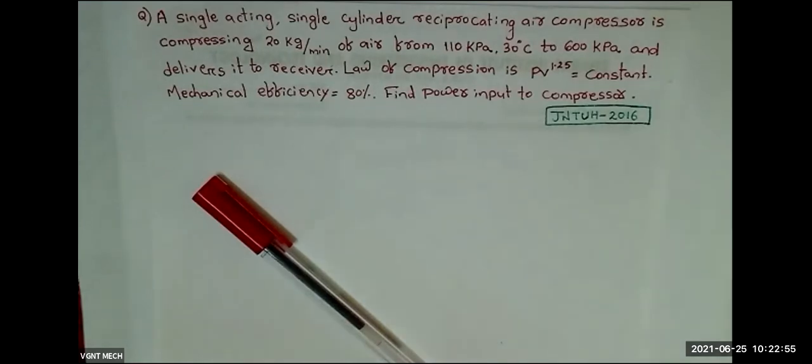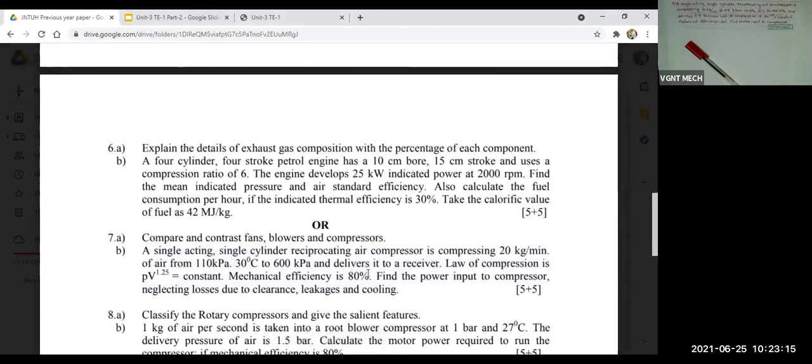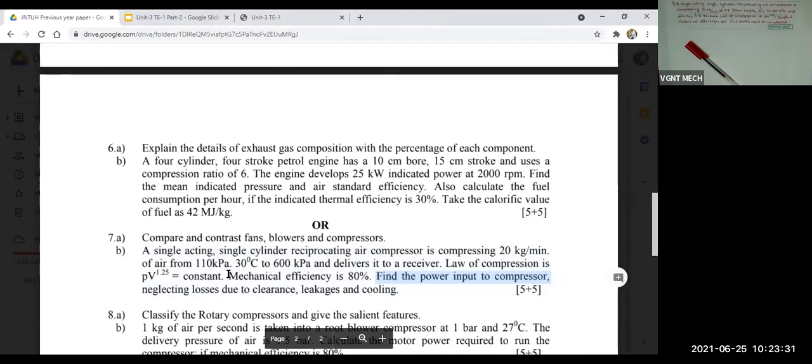Okay, so now the next thing is we are going to solve a previous year problem which is based upon this formula. In this problem, we have to calculate the power input to the compressor. I will go into detail, but the aim is to calculate the power input to the compressor. And here the mechanical efficiency is given